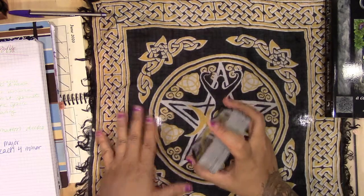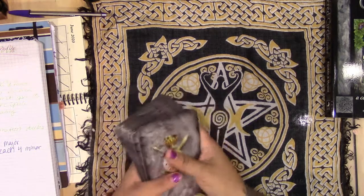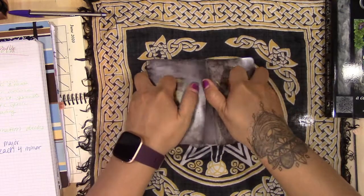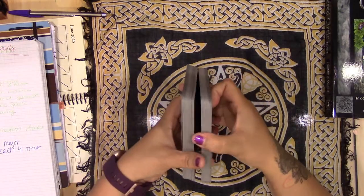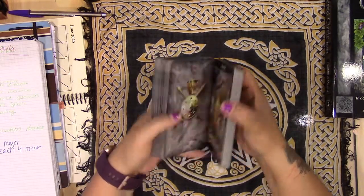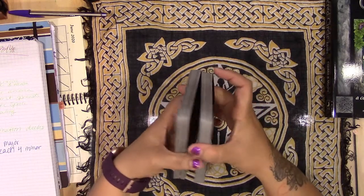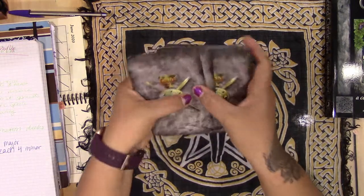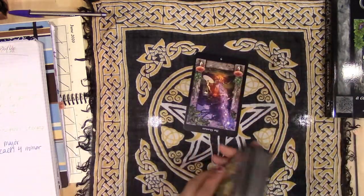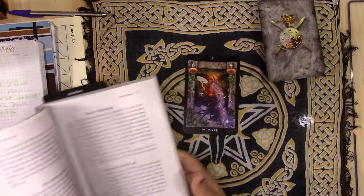So here we go. For my weekly tarot readings that I do for myself, basically all I do is shuffle my tarot cards until I feel like I don't need to shuffle them anymore. Alright, and then all I do is, boom, pick a card, and that's it for my weekly tarot reading. I go in this book,